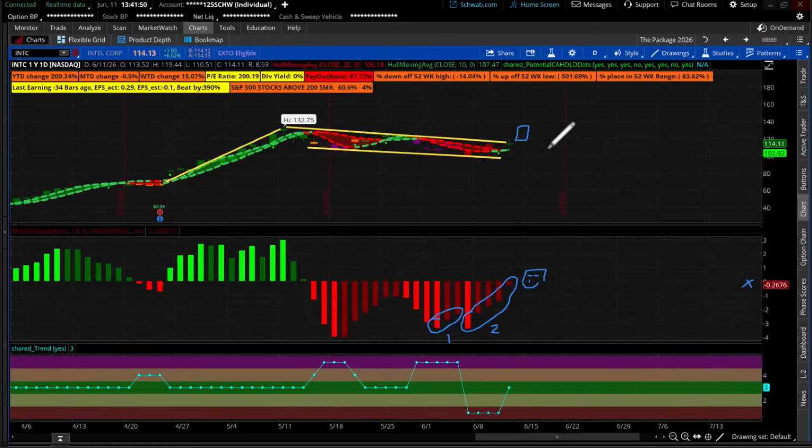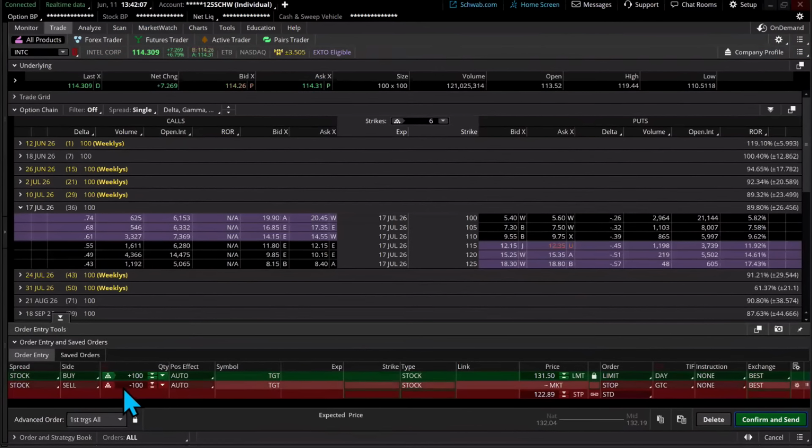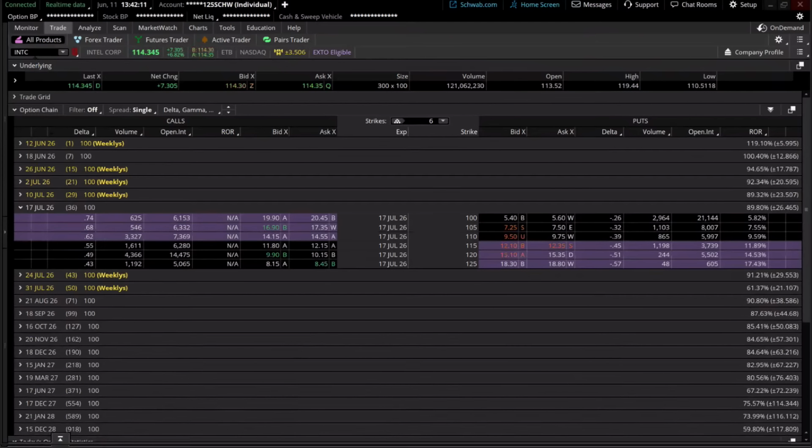Now, let's say the investor says, look, I want to buy the shares, but I want to do a different strategy, just in case, okay? Give it some buffer room. Now, I'm going to go back to the trade tab for just a second. And if we look at the trade tab, and we'll send that target in, I'm going to go back to INTC.